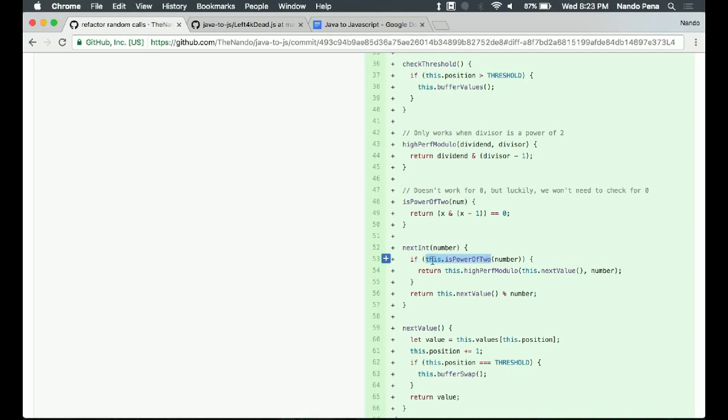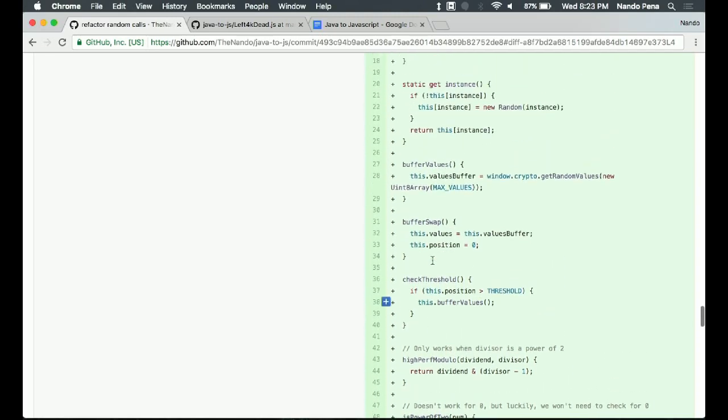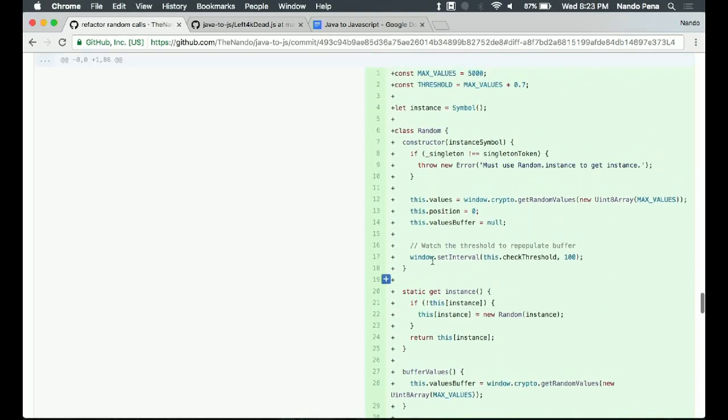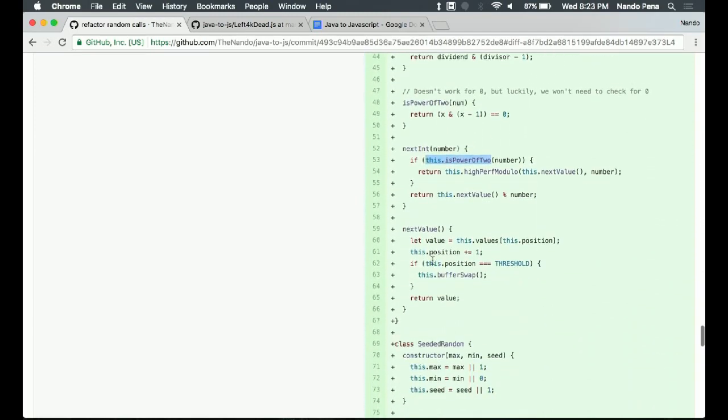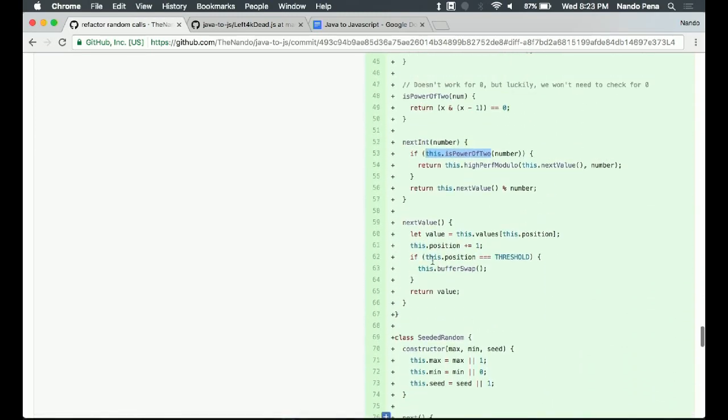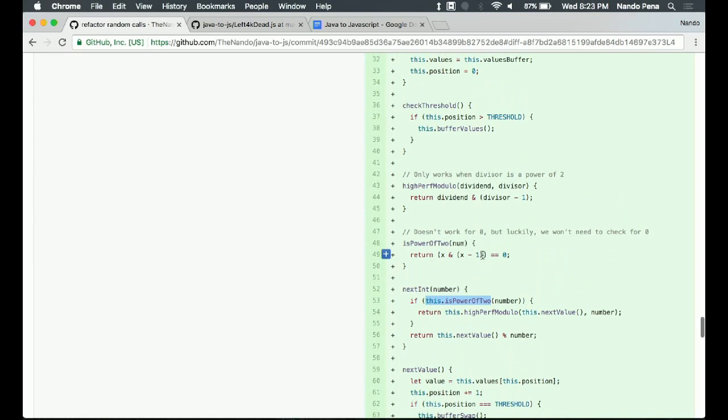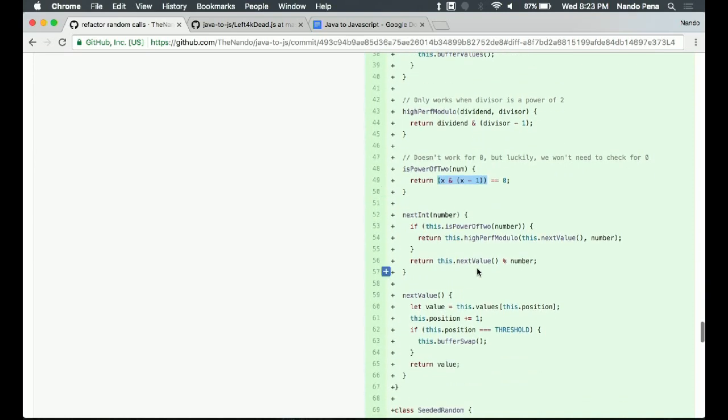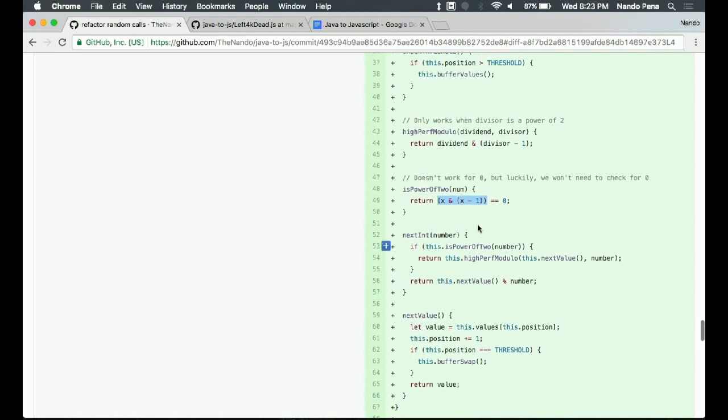Now, checking for a power of 2 is another performance issue. If you're trying to determine if something is a power of 2, where do I have that? Here it is. That's another bitwise thing you can do. It looks really similar to the high performance modulo because it's based on the same concept, and you just determine if that bit part is equal to 0, then the thing is a power of 2. So I'm going to gloss over that, but trust me.